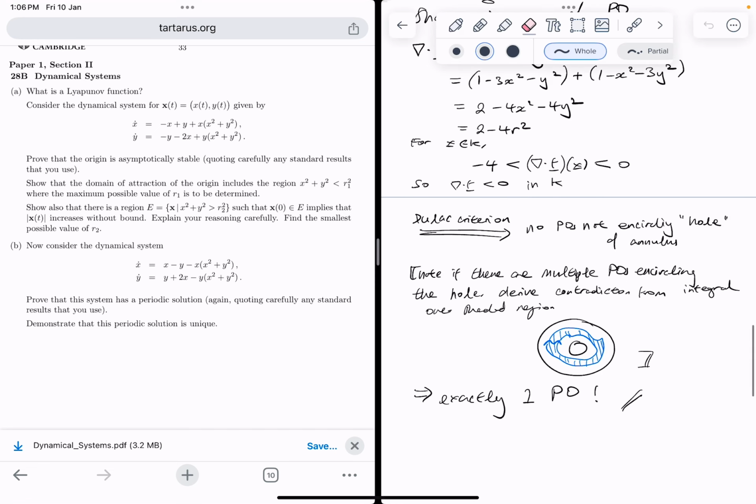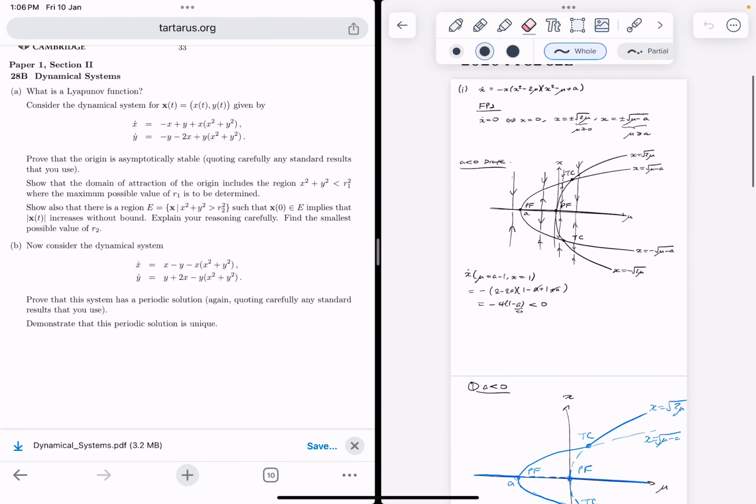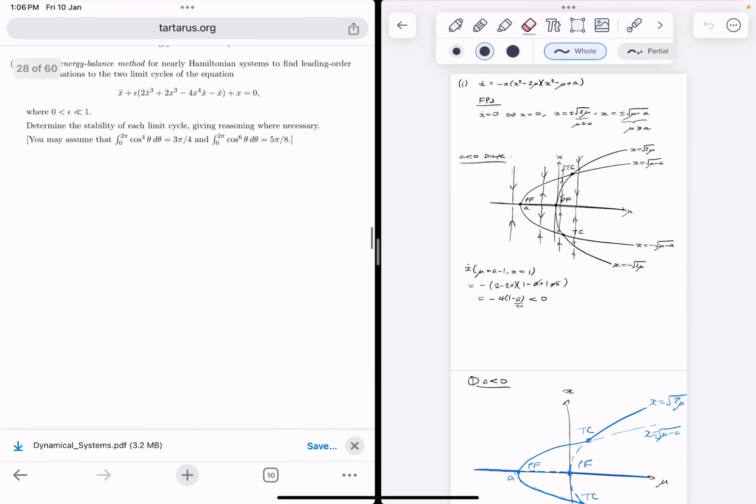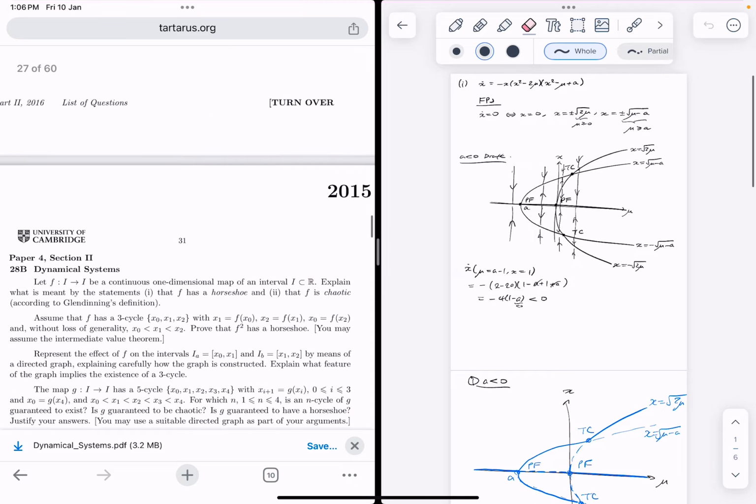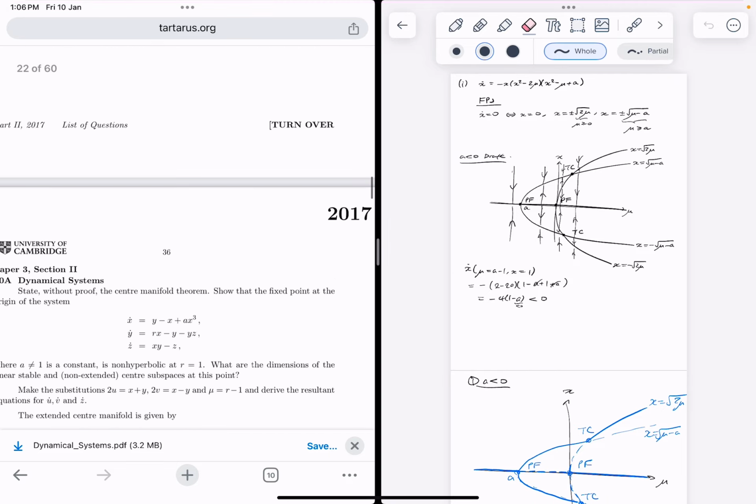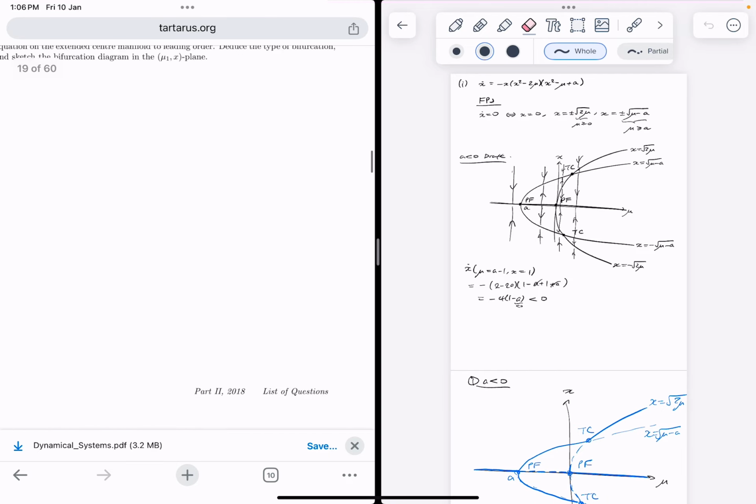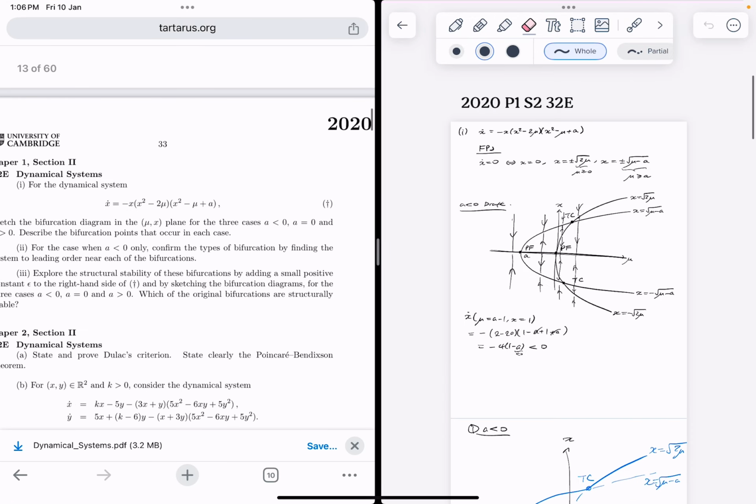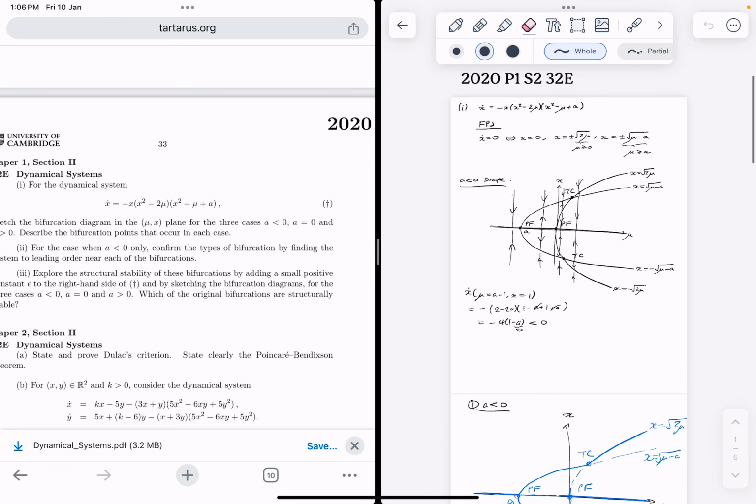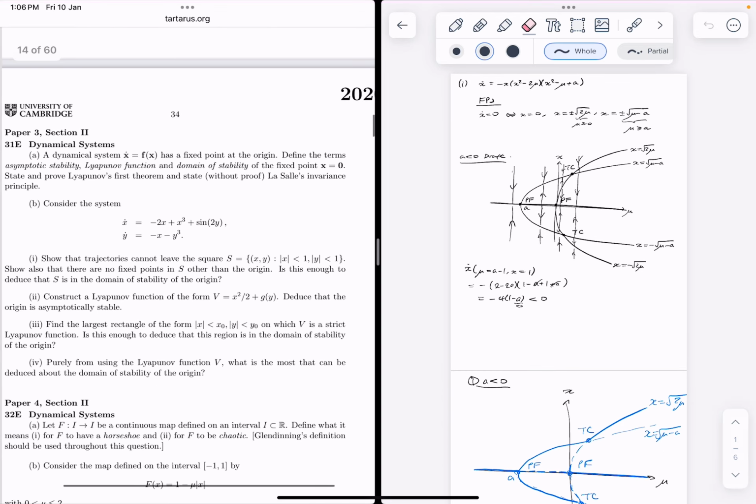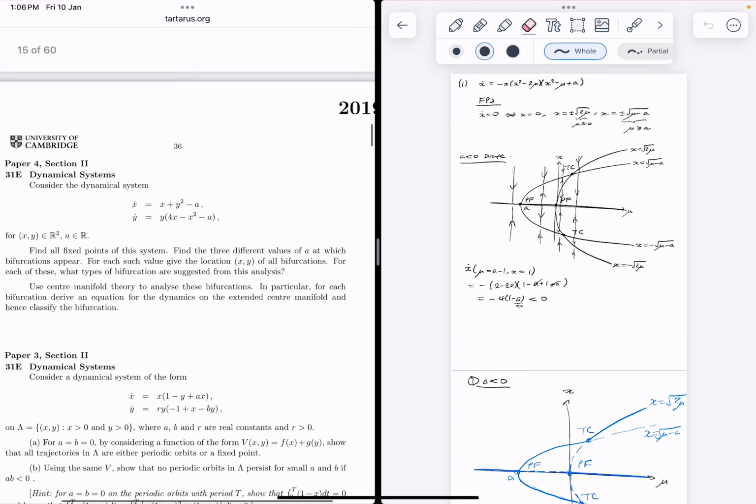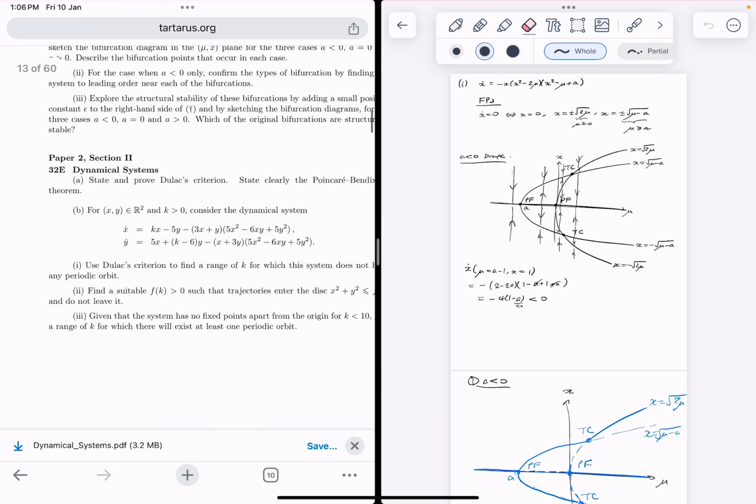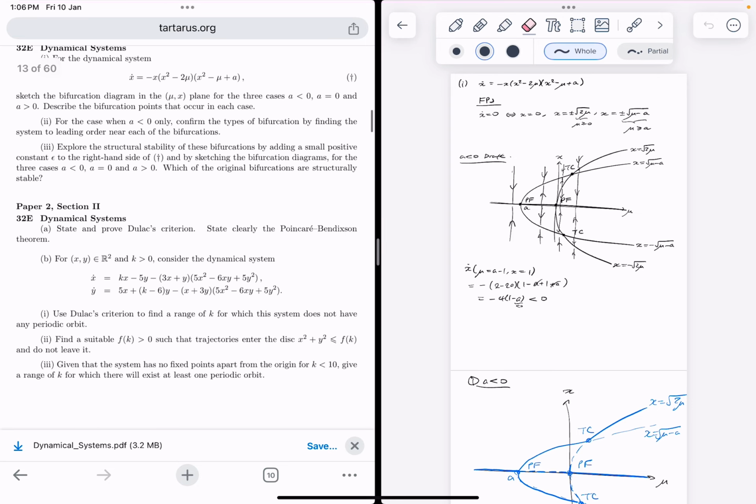And lastly, I didn't quite finish this question because I was tired and went to sleep. 2020. What is this paper on S2? Where has it gone? Apologies. So I think it's